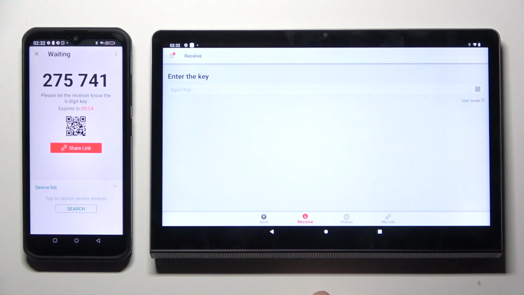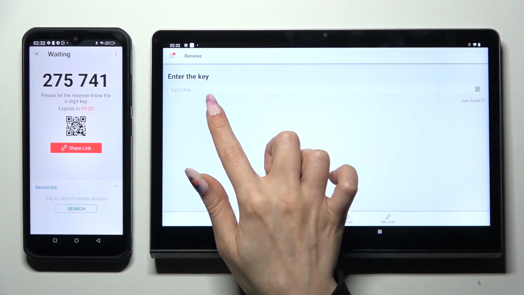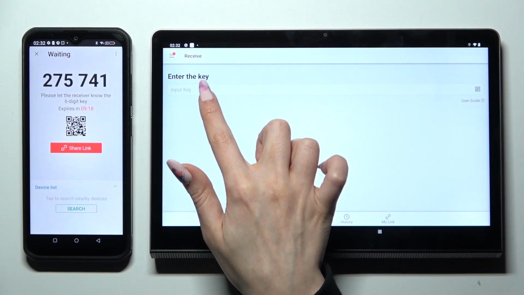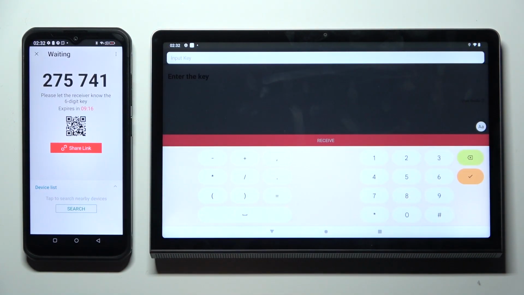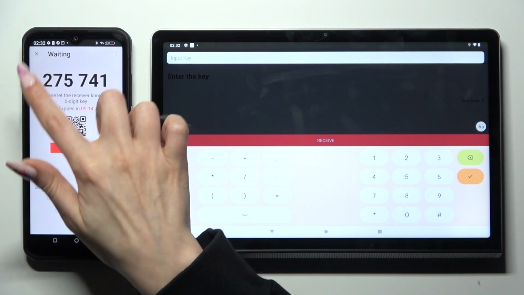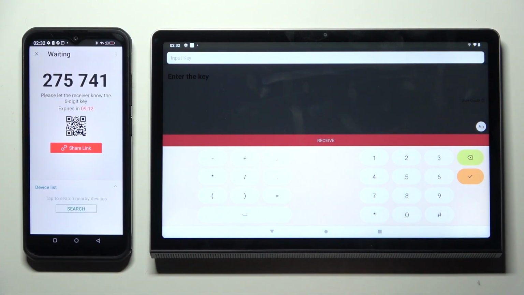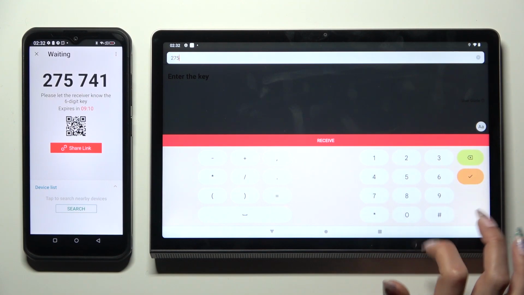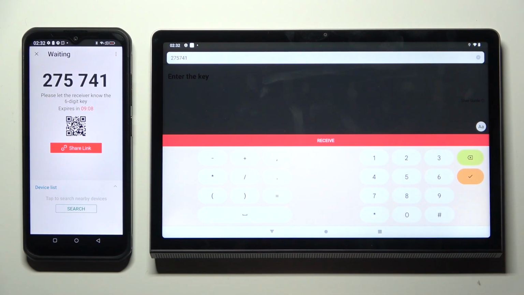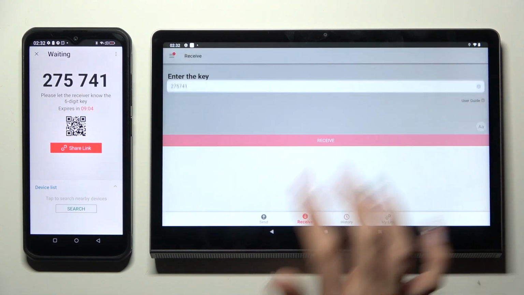If you wish to input this key instead, click on Input Key section below Enter the key. Type in all of those numbers in correct order and then hit Receive button. So when I do that,